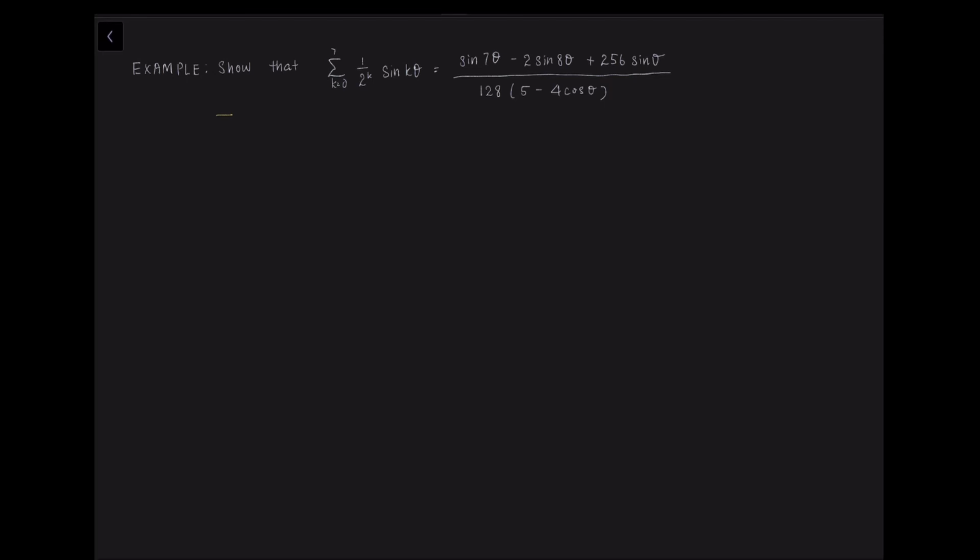In this next example, we want to show that the sum of 1 over 2 to the power of k sine k theta. And since it is a sine, we know that it is the imaginary part of e to the power of i k theta. And we change it into z because z is e to the i theta. And then we factorize the k out. So we have the imaginary part of the sum of 1 over 2 times z to the power of k,